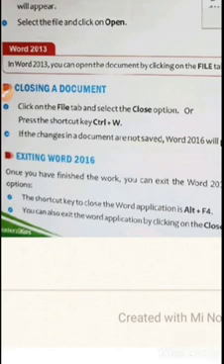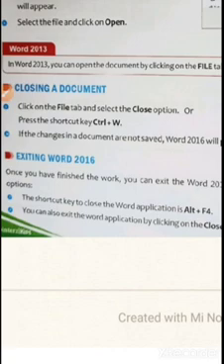There are two ways. One is the shortcut key: there is a Control key, and you also have an Alt key. You press the Alt key and the F4 function key. There are F1, F2, F3 on the top of the keyboard, and you have to press the F4 key.